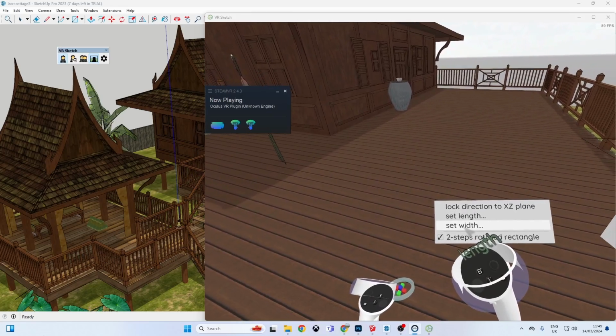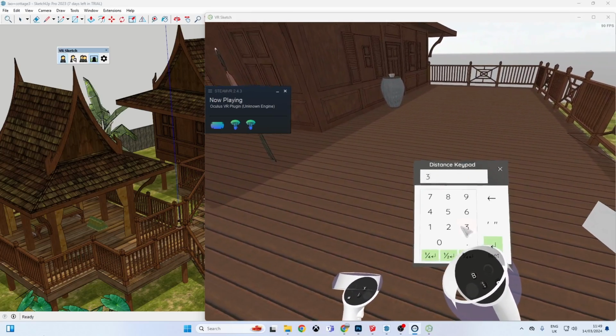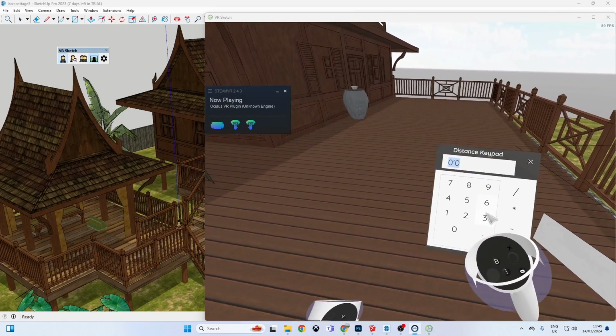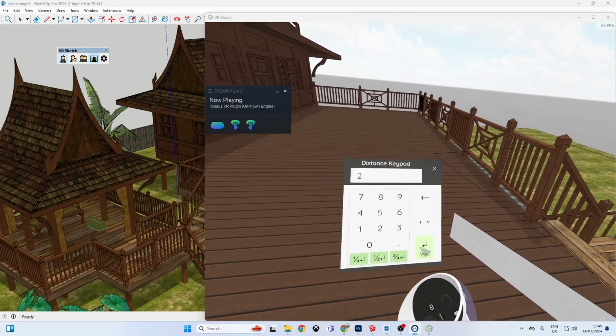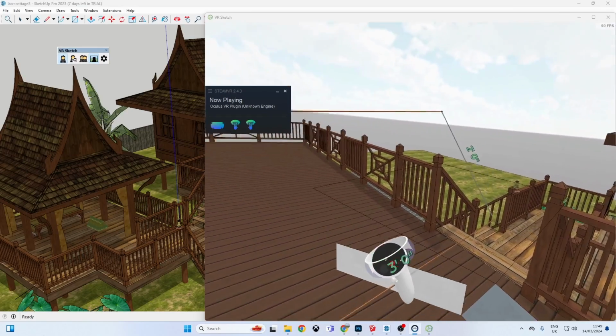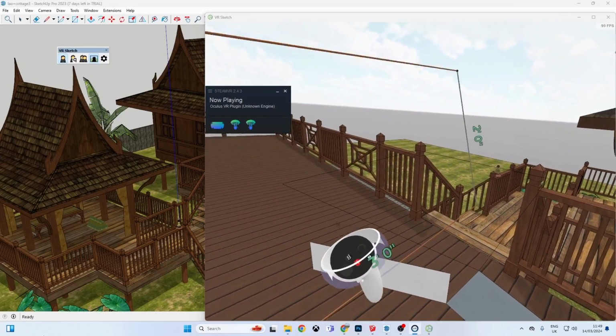There we go. Set width. So go 3, and then 2 or something. Is it still? There you go. It does sort of snap as well,